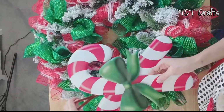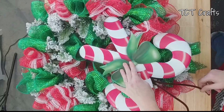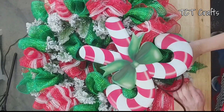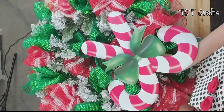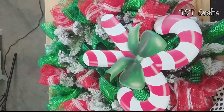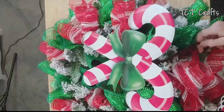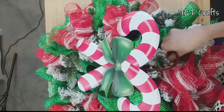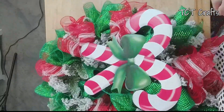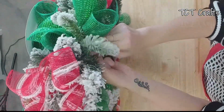So again, I want this kind of catty corner right there. So I'm just going to run my pipe cleaner down and around that wire that's in there. So just around the wire of our wreath base is where I'm going to